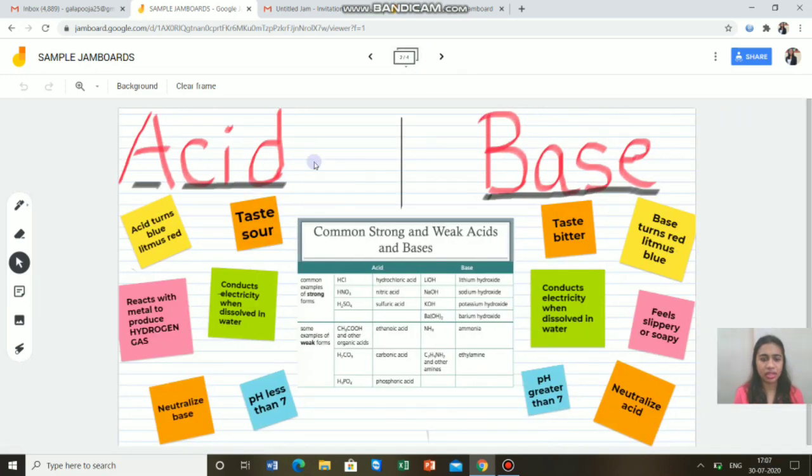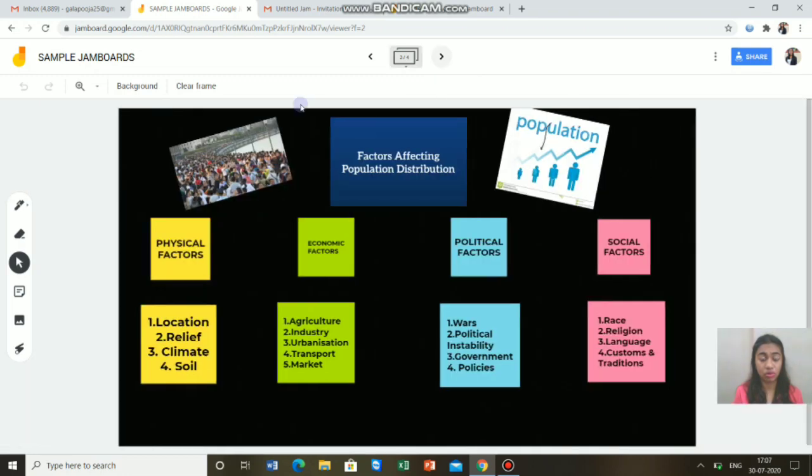Next, I have created this for chemistry, acid and base. In this I have used sticky notes, this image and this pen tool. So you can be as creative as possible, and you can use it with your students. Next is factors affecting population distribution. This is geography, and I have used sticky notes and this image over here.